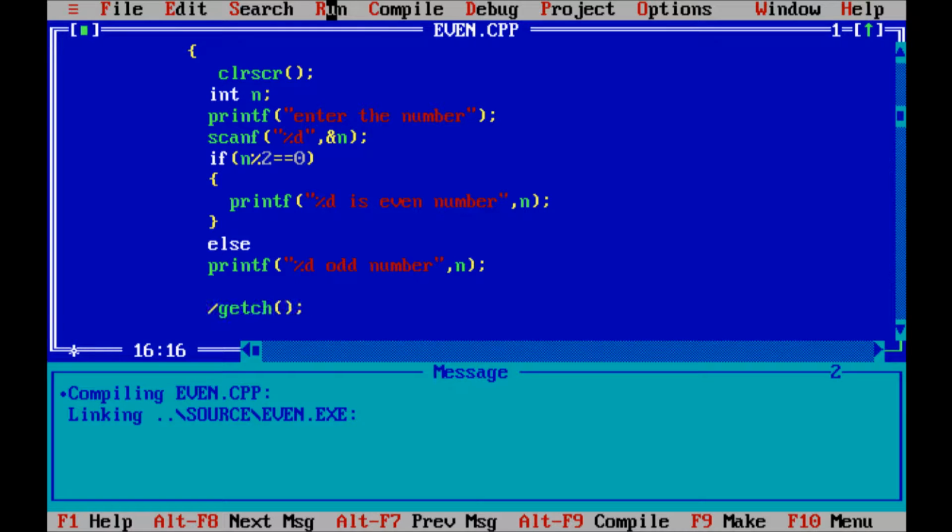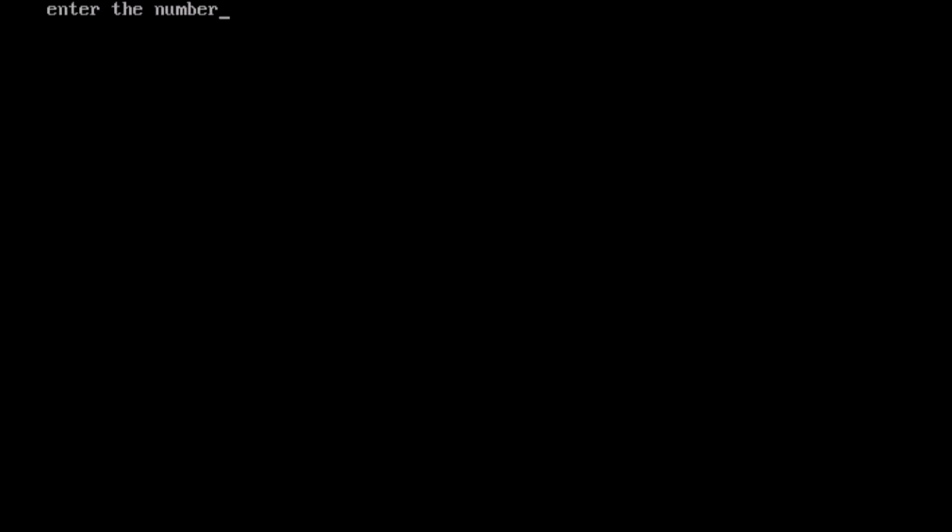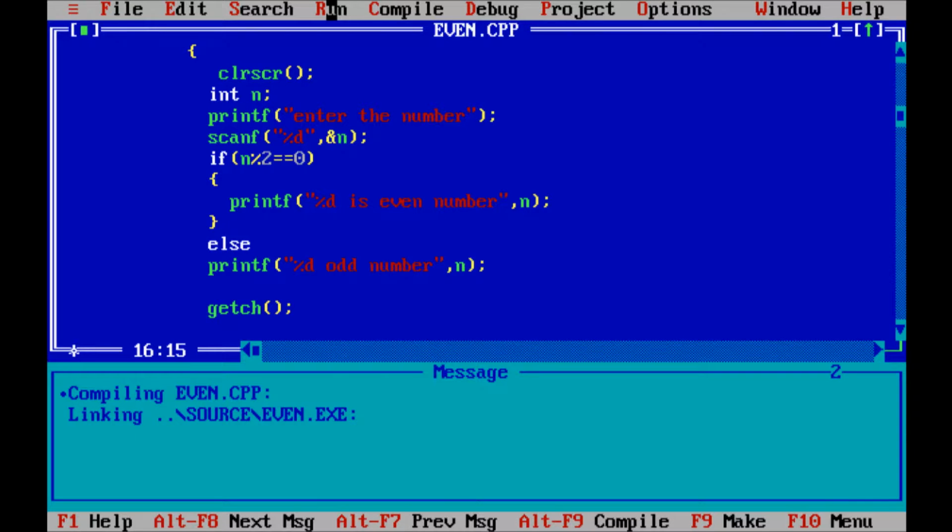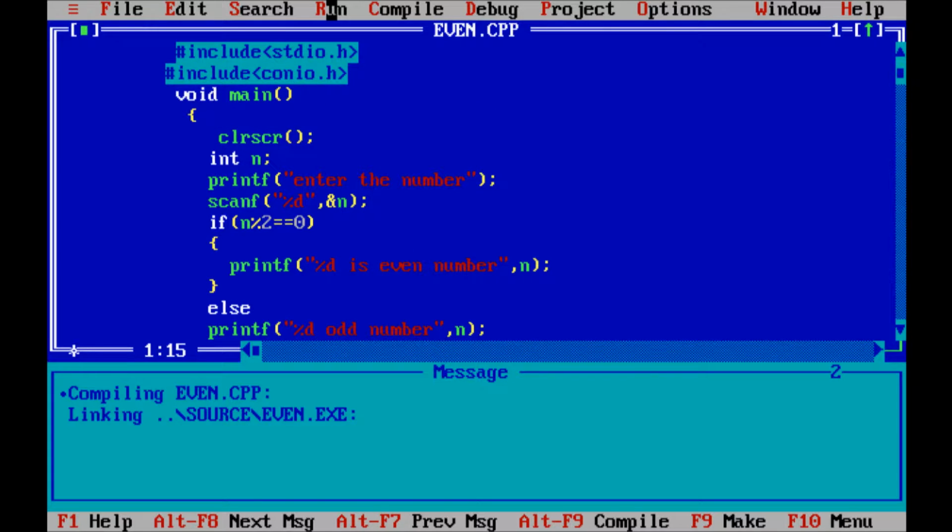So if I mark it as a comment, now let's execute. 7. Now it takes one input from the keyboard. I press enter, and after that it displays 7 is an odd number.